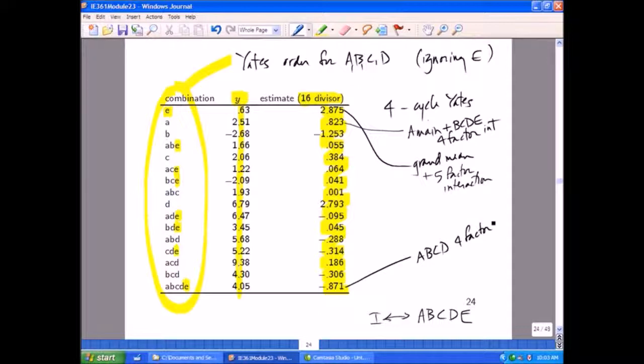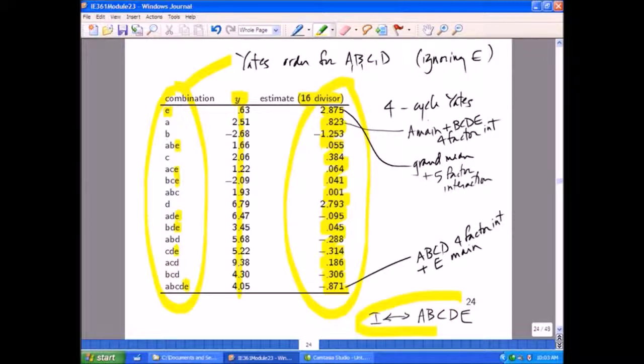But since there is a fifth factor, it's not just the ABCD four-factor interaction, but the four-factor interaction plus whatever is aliased with it, and what's aliased with it is the A main effect, and so on. So the point is that I run through the Yates algorithm, I get these values, but then I have to interpret them